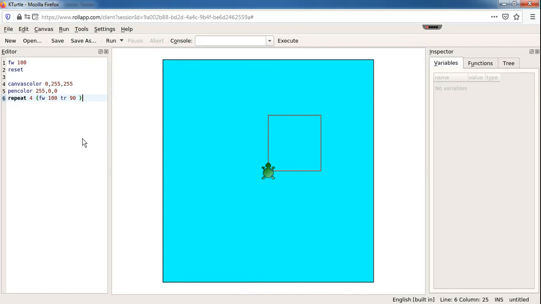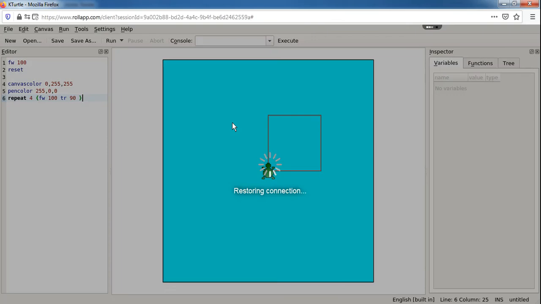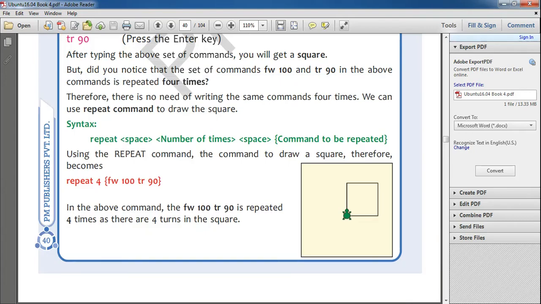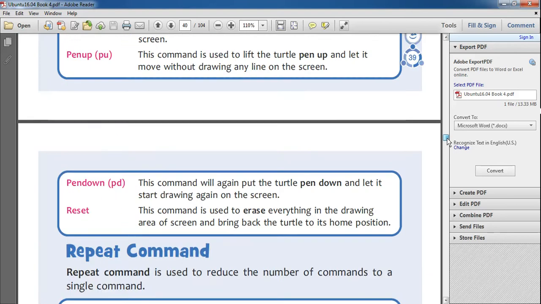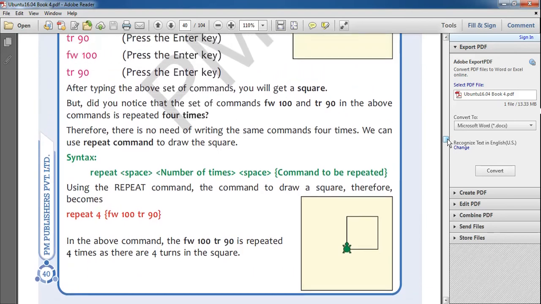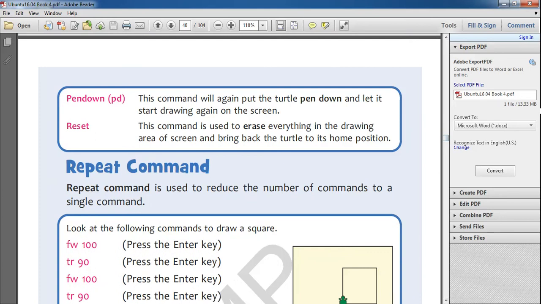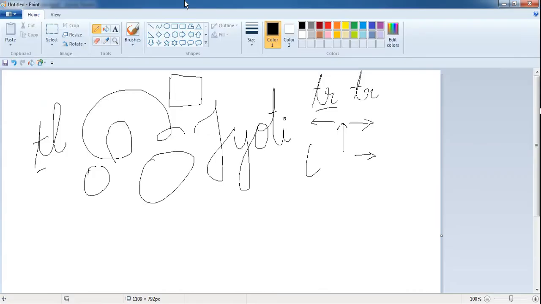Clear? So here we have done what is the editor pane, where you are going to write the commands, and what is the canvas, where after the commands your drawing will be drawn. We are not going to discuss the inspector and any other thing, just this only. So here we are going to discuss some commands first. After that we are going to use them in the program. So first, two commands we have done, tr and tl.